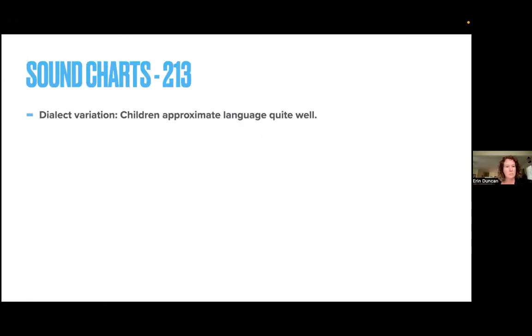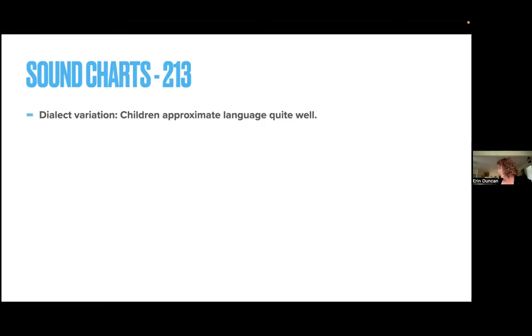And one last part of the chapter before we look at the lessons themselves, you'll find the sound charts on page 213. I've got a copy here too. These are so great to look at. There's a box for every phoneme, and then the various ways we spell that sound regularly. The charts are there for your reference. I have mine out on the desk a lot as I work with students.